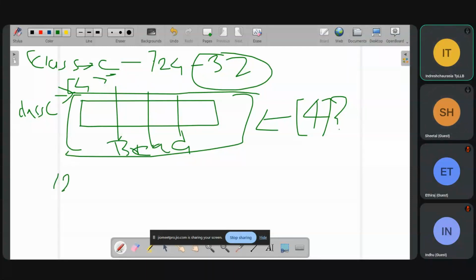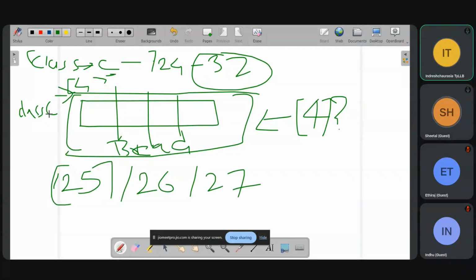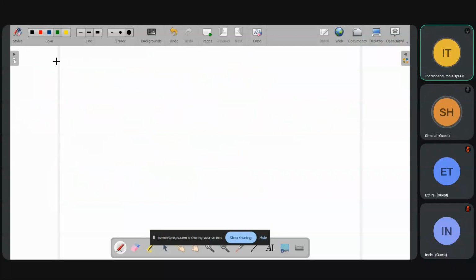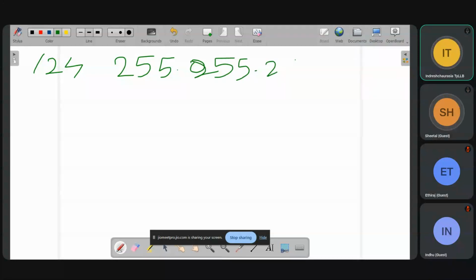to divide it into four different networks, how am I going to divide? I'm dividing into slash 25 or slash 26 or slash 27. So this is a further division of class C. See this number. When I'm saying slash 24, how is it represented? 255.255.255.0.